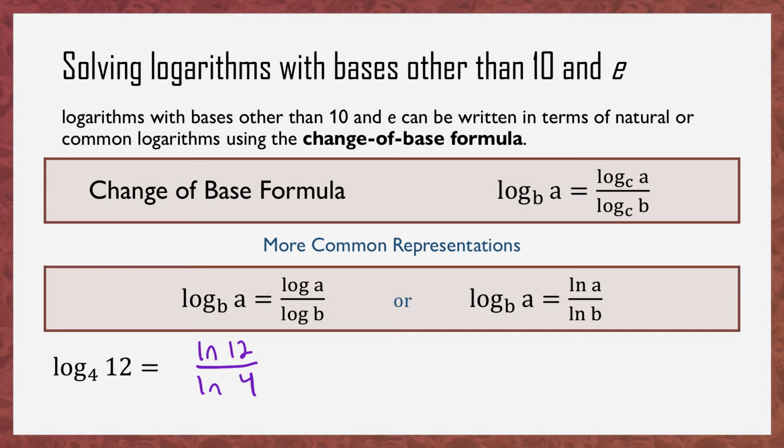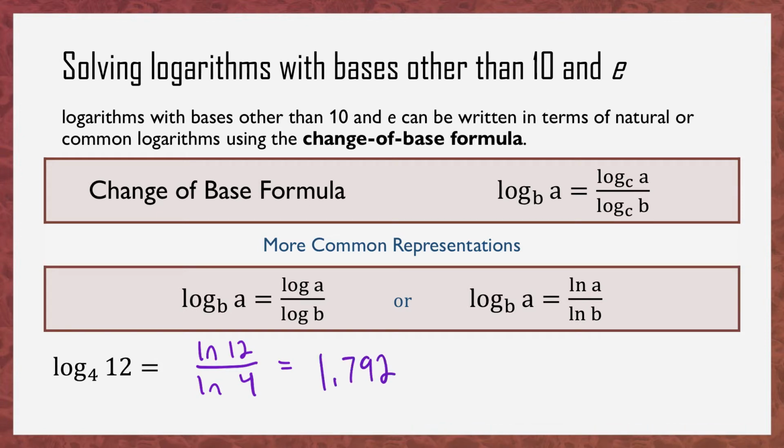And that is preferable because you will have the least amount of error in rounding. It is possible to find the value of the ln of 12 and then find the value of the ln of 4 and then divide the two and find an answer, but you're rounding two times before you're finding your actual solution, whereas if you put it all in at once, the calculator rounds it to 9 decimal places either way. So the ln of 12 divided by the ln of 4 is